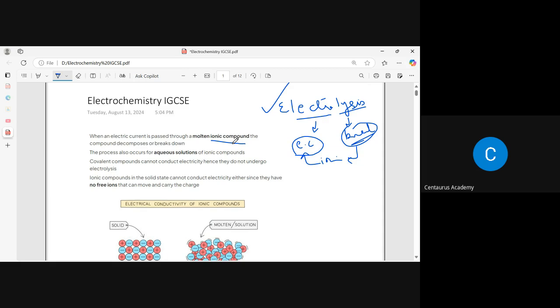Why are metals good conductors? They have mobile electrons. Delocalized electrons. Okay, they have delocalized electrons, and ionic compounds are able to conduct electricity because